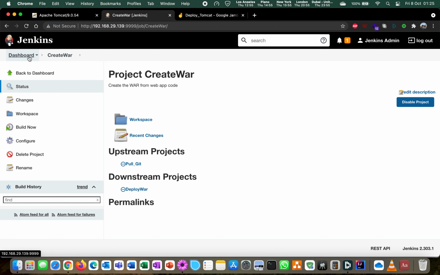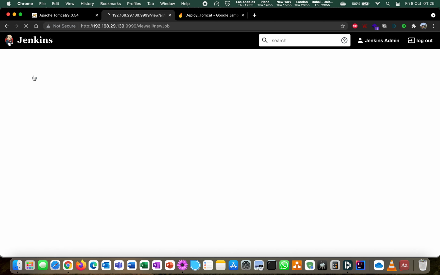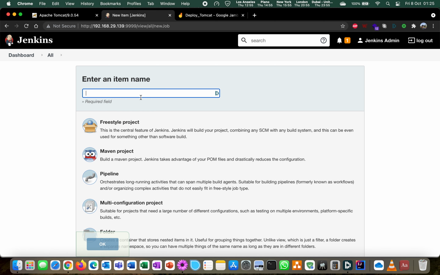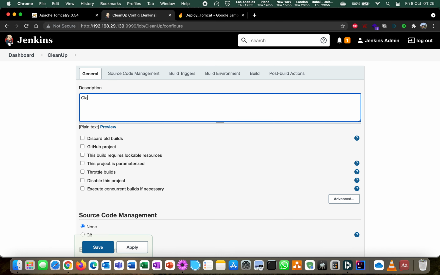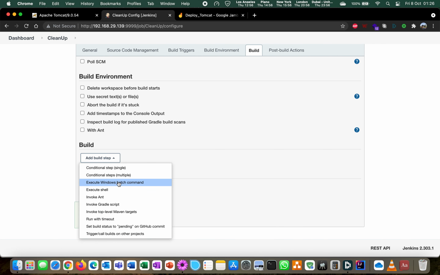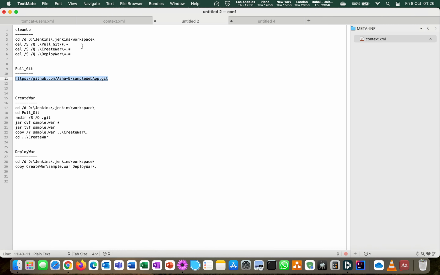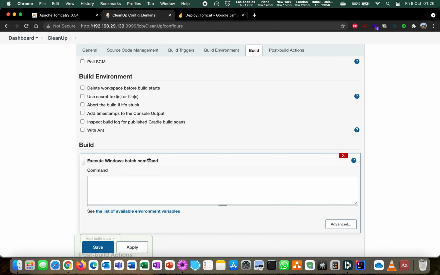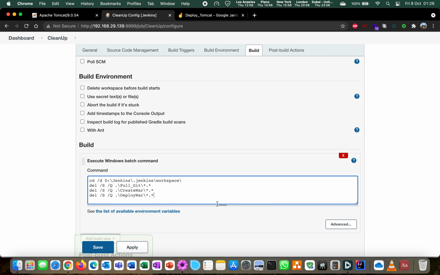Right, we'll create the last job, or in case the first one in our pipeline, which is cleanup. Right, freestyle project, and okay, description, we just need to add the description. Go to build, select the command prompt, and just add the code of deleting all the files and folders from the respective directory.